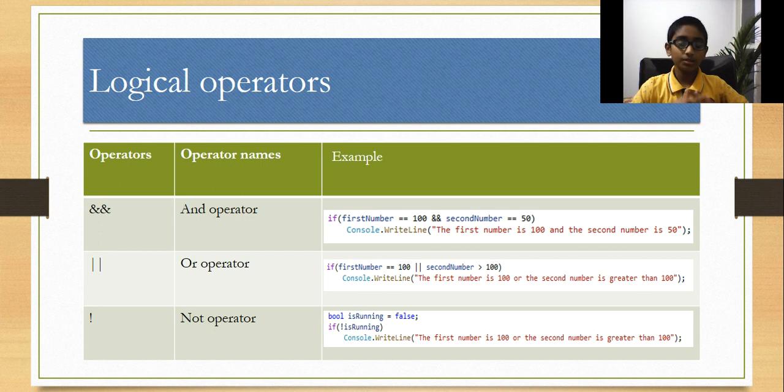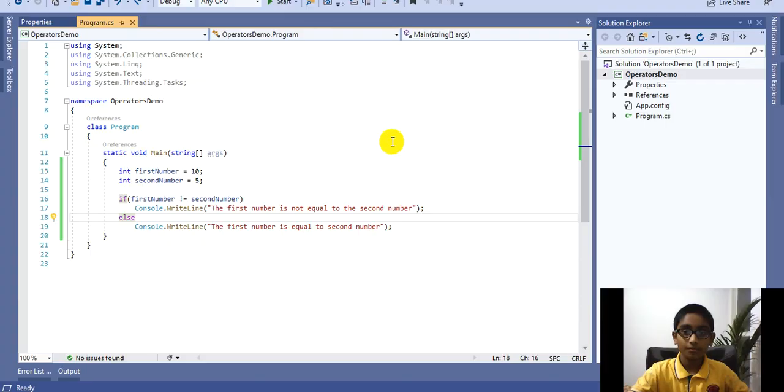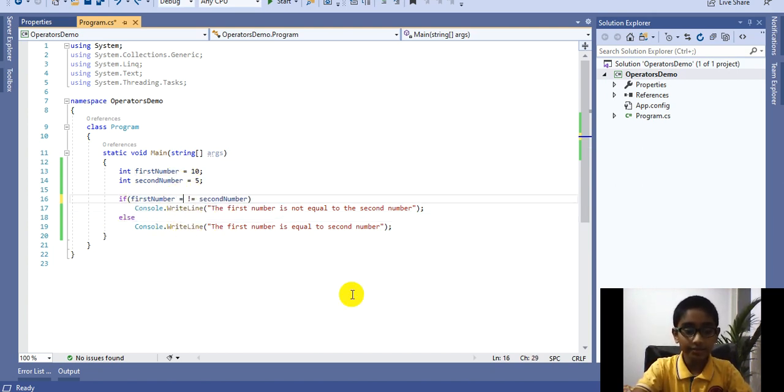So now let's do the Visual Studio demo. I'm just going to fire up Visual Studio. Here I fired up Visual Studio, and this is the project we created last time using comparison operators. Now I'm going to show you how you can use the AND operator. First I'm going to make a change in this if statement. I'm going to say if the first number is equal to 10